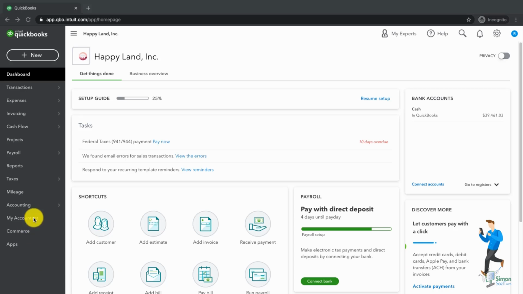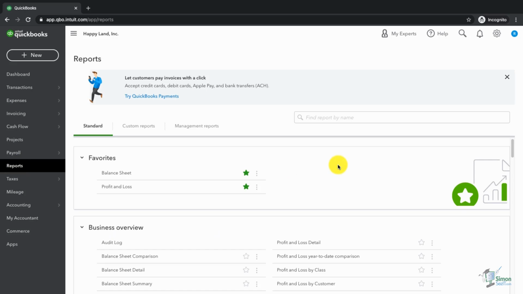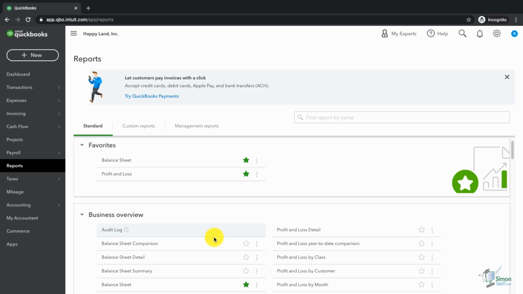All right, on the left-hand side, I'll have you start by clicking on the word Reports. When you click on Reports, it's going to open up a variety of reports. We've really spent a lot of time at the beginning in the Favorites box and a little bit in this Business Overview. Let's go ahead and scroll down together and we're just going to pick on a couple of these reports and I'll show you what they are and talk to you about how they might be useful for you